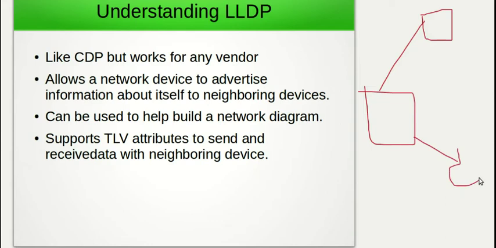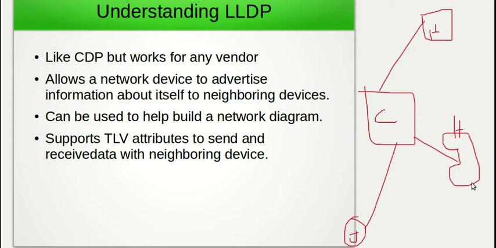Imagine these are switches, this is an IP phone, this is a router. In this case, these devices would all have to be Cisco devices. With LLDP, this could be a Cisco device, this could be a HP device, this could be a HP phone, this could be a Juniper router. And LLDP, because it is vendor neutral, allows these devices to all share information about each other, and allows the Cisco device to learn about the devices that connect to it, even if they are non-Cisco devices,